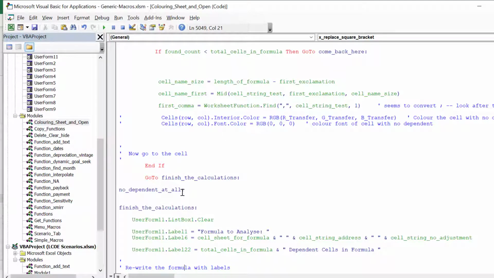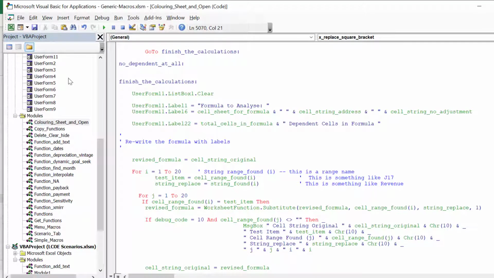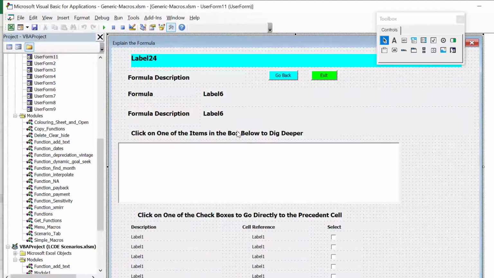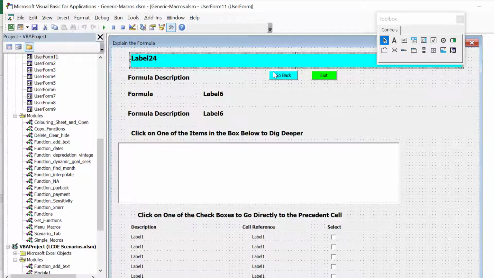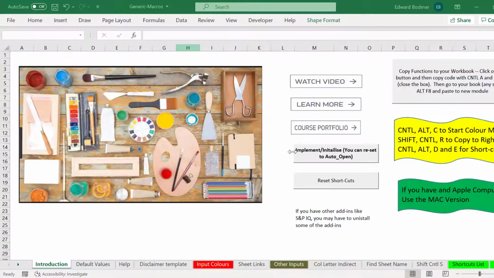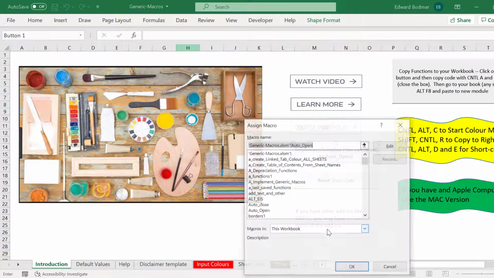And then when you finally get to the bottom, you make a little form. You make a user form, and in this user form, you order this and change this and move this and change this color, and maybe you want a different color. You can do all of that. It's all just right here in the generic macros. All you do is you right click, and if you want to be a little fancier,